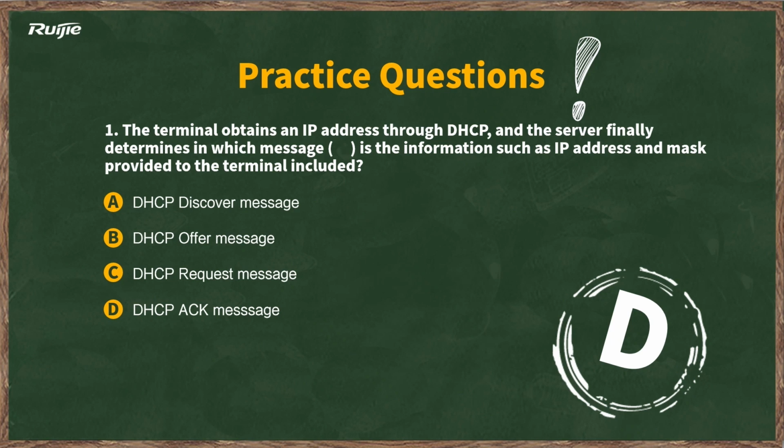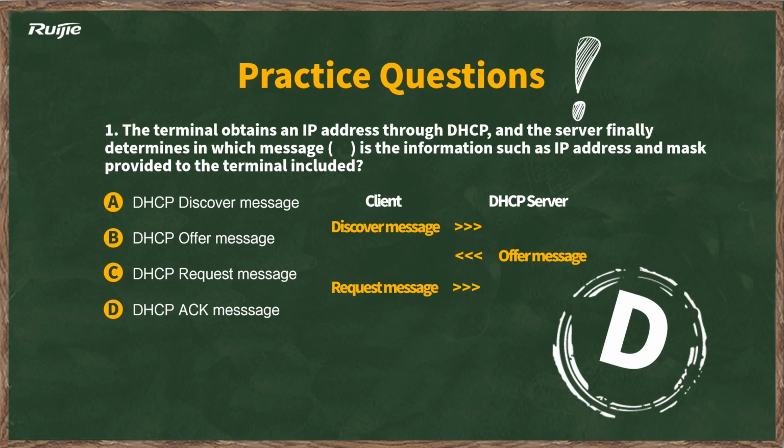As we know, the client's first step is to send out the discover message to ask who can give us an IP address. Then the server will give you the offer message: I can give you the IP address, please try to use something like 101.1.1/24. And then the client will send a request: can I use this IP address? Because in this process, maybe we have multiple servers in our network. And finally, when the server gets a request message from the client, it gives the acknowledgement.